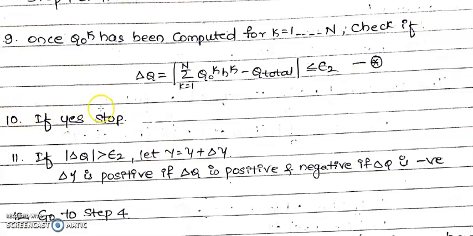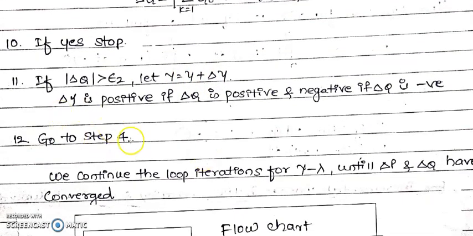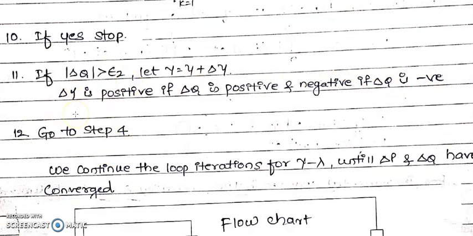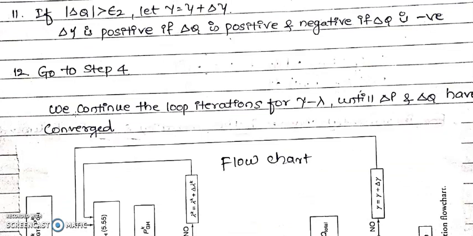if delta q, equal to the summation from k equal to 1 to n of q naught k hk minus q total, is less than or equal to epsilon 2 or not. If yes, stop the iteration here only. If no, then magnitude of delta q is greater than epsilon 2, let y equal y plus delta y, that is the total change in that particular system, positive if delta q is positive and negative if delta q is negative, then go to step number 4. Otherwise we continue the loop iteration for y and lambda until delta p and delta q have